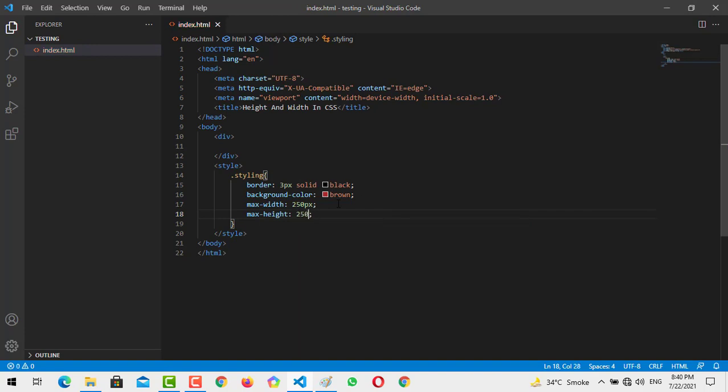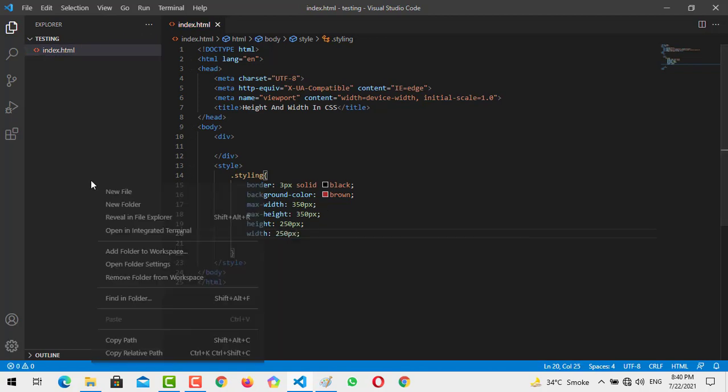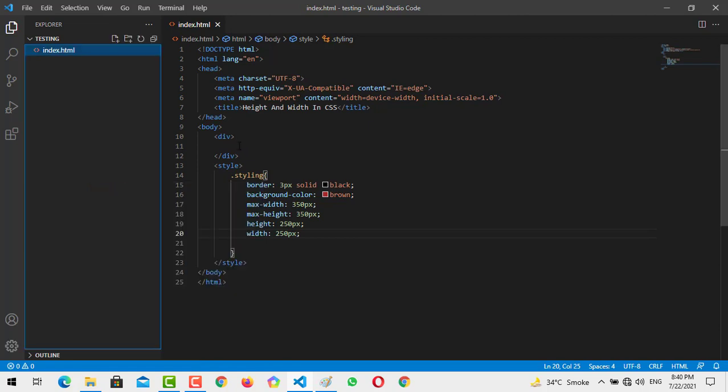So what is the concept of max width and max height? It means that when exploring a web page and stretching the content, the maximum width that your divs will reach is this one, and by default you can assign the width as I have incremented the 100px to each max width and max height, and the height should be 250px and width should be 250px. So now I am going to implement it, and I will create 4 divs: div 1,